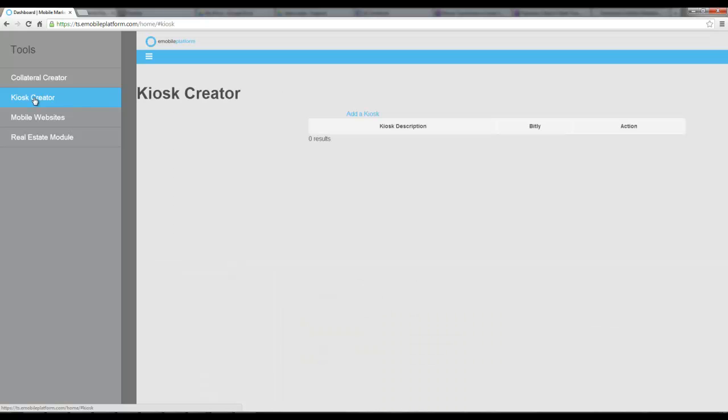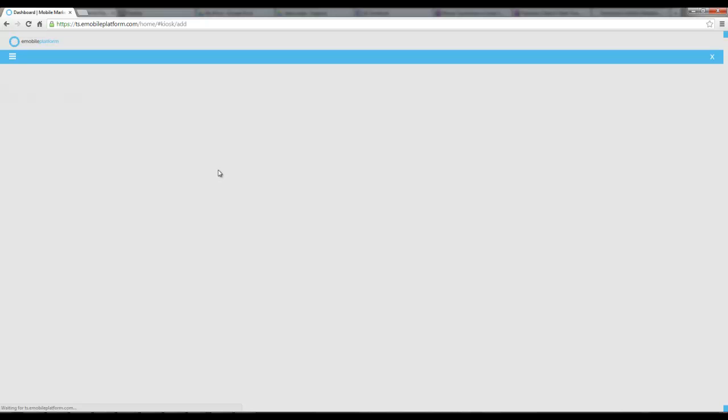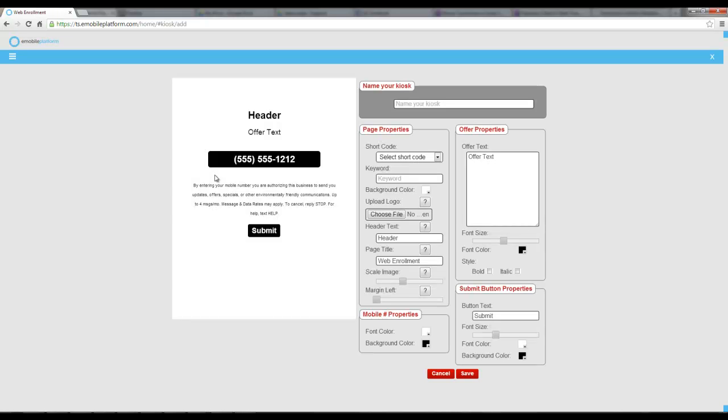Our kiosk creator is one of the best tools that we have. When you create a kiosk, it basically creates a tablet landing page. It can be deployed in a way where someone walks in the door of the restaurant and the hostess greets them and is taking them back to their table, and they've got their tablet in their hand and they say, hey, we've got a coupon running today for a free cheese dip today only. It's a mobile coupon. Just type your mobile number in right here, and they type their mobile number in the